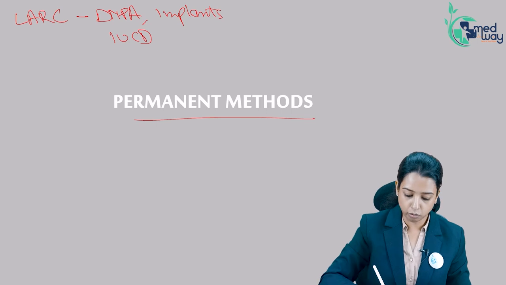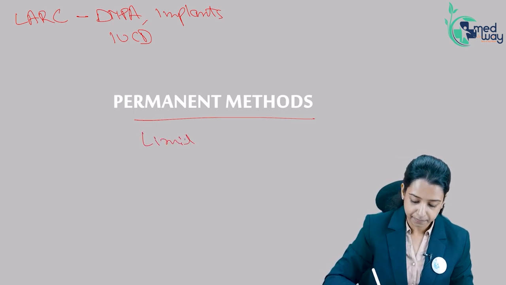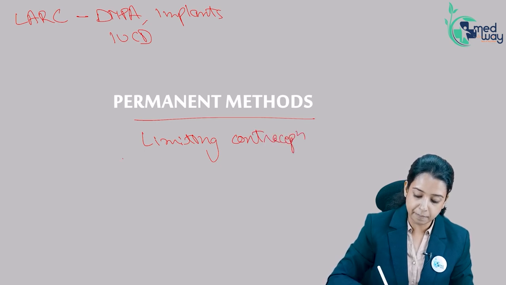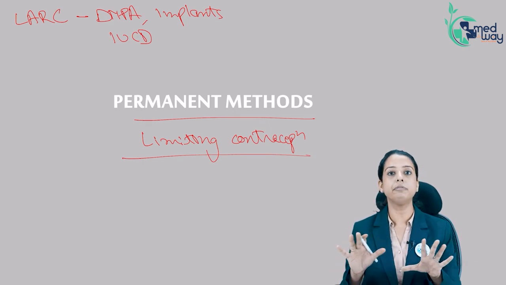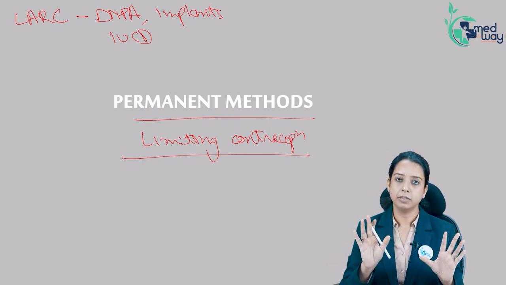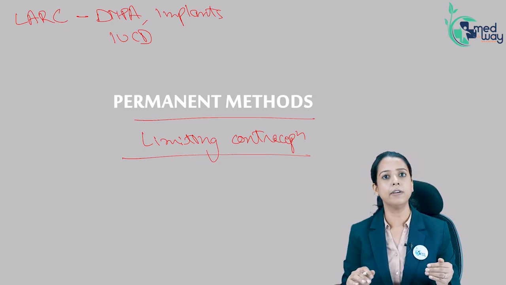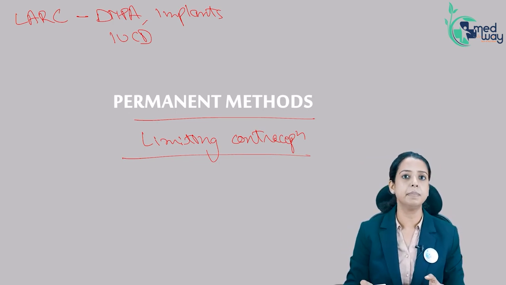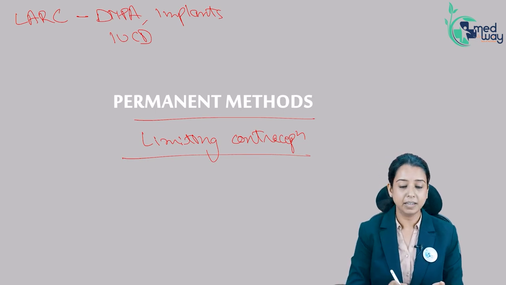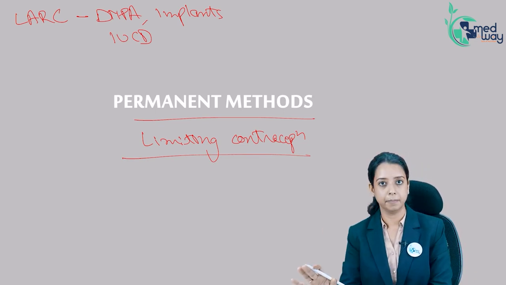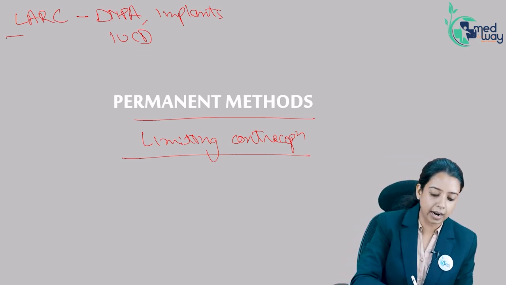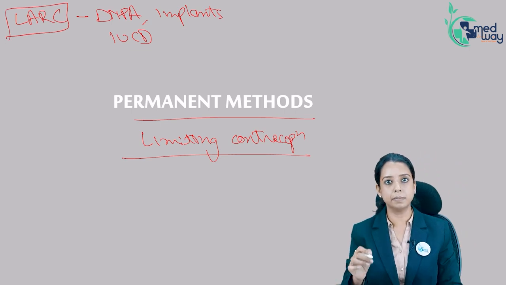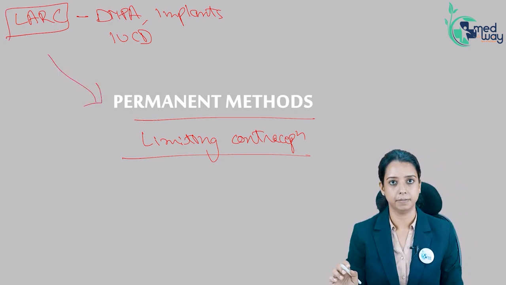Permanent methods are also known by the name limiting methods. They are the limiting methods of contraception because they limit your ability to give rise to a further child. So they are limiting your fertility, they are called limiting methods. Though they do fail, they also have a failure rate. Even with a permanent method, a person can still become pregnant, but that is a failure. As such, they are not reversible methods of contraception, so they are not long acting. If a question is asked on long acting reversible methods, they are non-reversible, right?